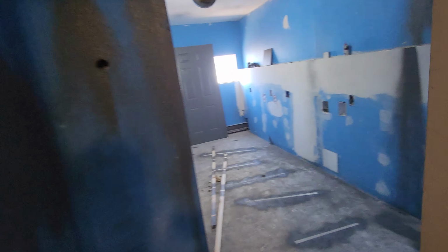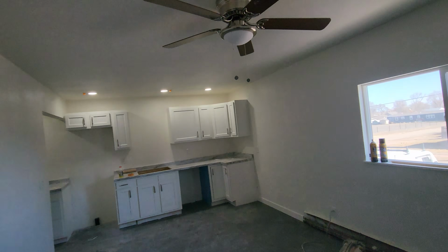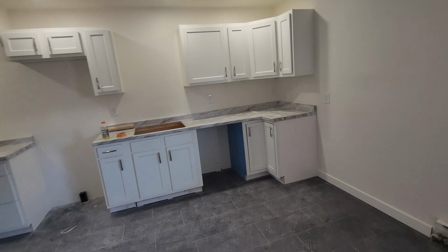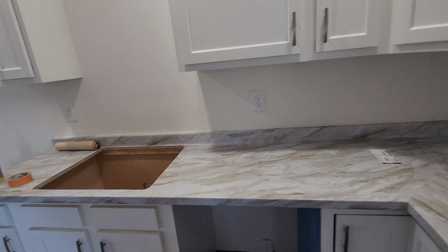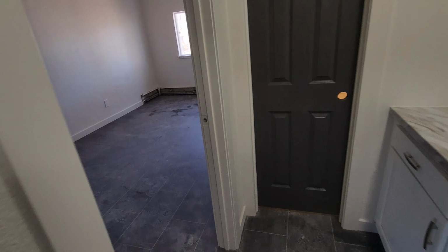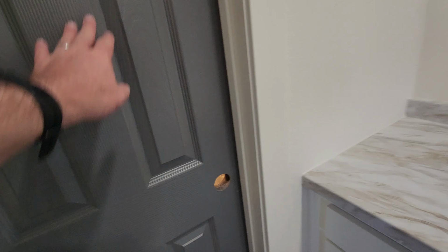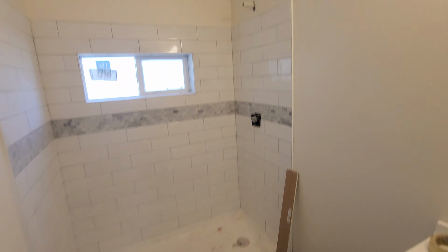There's our laundry room right here. I haven't decided yet what kind of machines I'm putting in there, but we have enough outlets and utilities for 2 washers, 2 dryers. I have lots and lots of dryers that would work. My washers that I have extra from the laundromats aren't in very good shape, so I'm not sure about that yet. But this kitchen, not quite as far along, but still cabinets and counters are in. This is another one with kind of the skinnier bedroom. I wonder if we would charge different based on these floor plans and how much room there is. I might have to figure out the square footage to see if there's a huge difference. Again, shower is mostly...